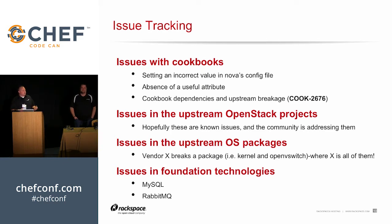When we find issues with the clouds as we're running them, like I said earlier when we were doing our own deployments, we'd find problems. We would fix them on site, and then we send those upstream. We still find bugs even today, and some of them are really interesting, and some of them are just how did this get in, and why did you do it? We're also finding bugs with upstream operating system packages. This would be vendor X or vendor Y, I won't name them, but a lot of times they break things upstream and push them out into the wild, and now we can't deploy our cloud until we get that fixed,